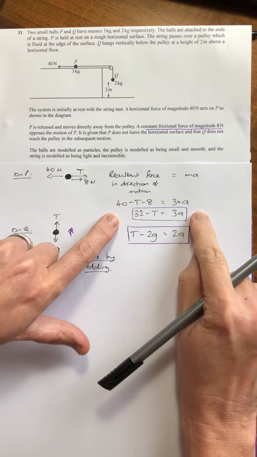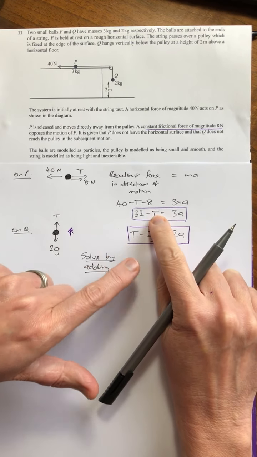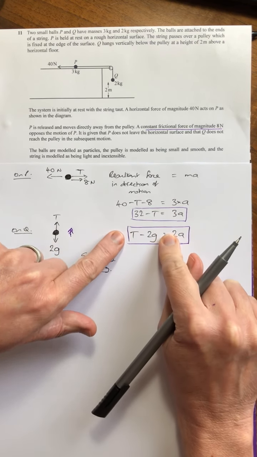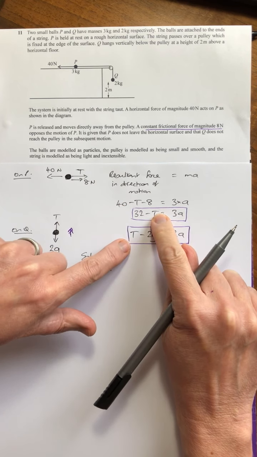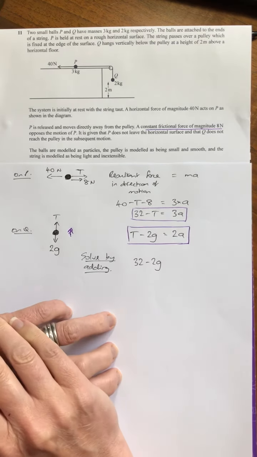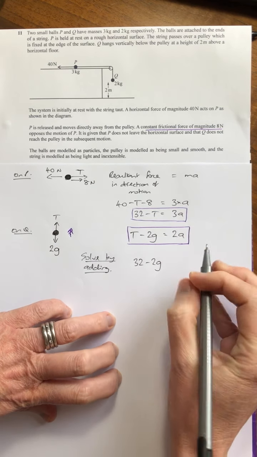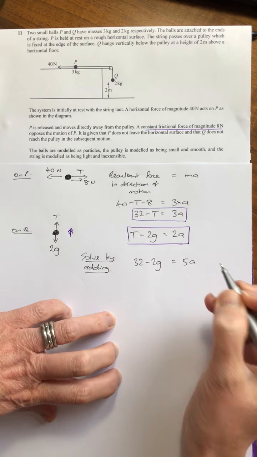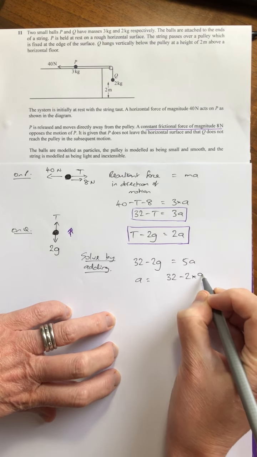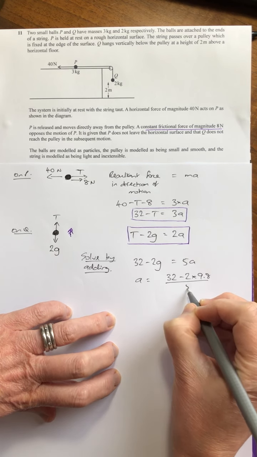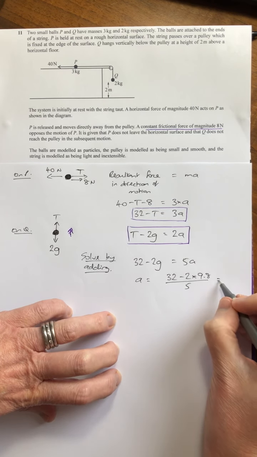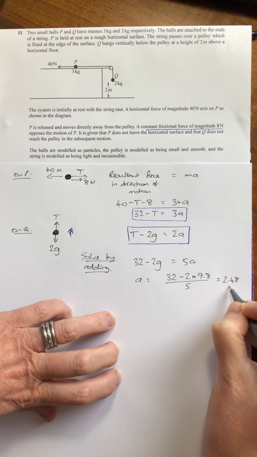It's really simple here to add them. You'll always have a negative T in one equation and a positive T in the other equation. Add together the left-hand sides, 32 minus T plus T minus 2G. The T's cancel and I'm just left with 32 minus 2G. Add these two, 5A. So of course to find the acceleration, I do 32 minus 2 times by 9.8 over 5. And if I work that out, I get an answer of 2.48 metres